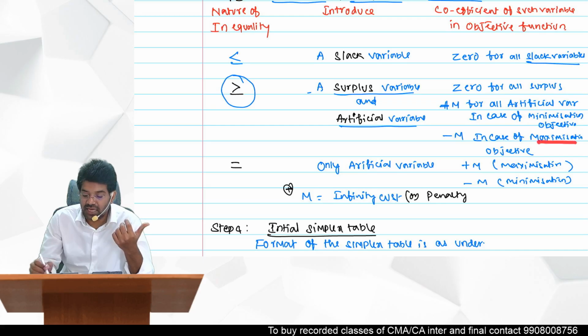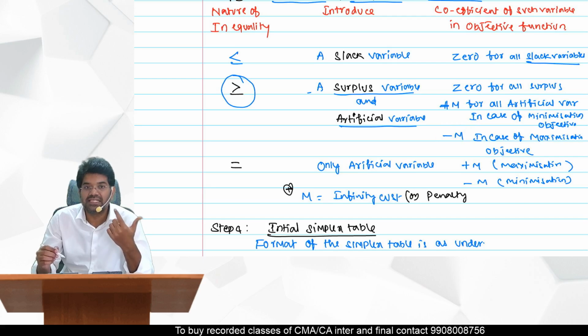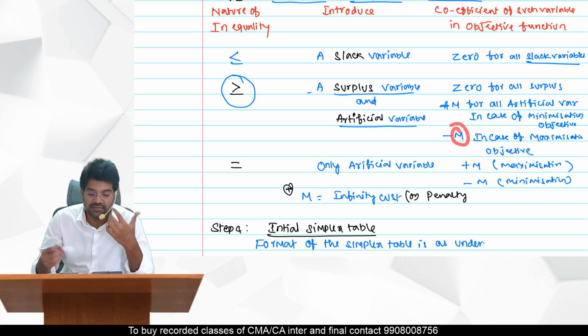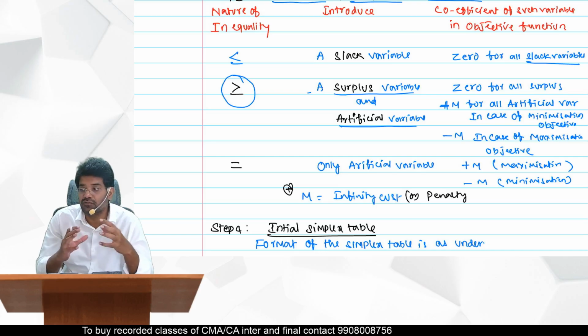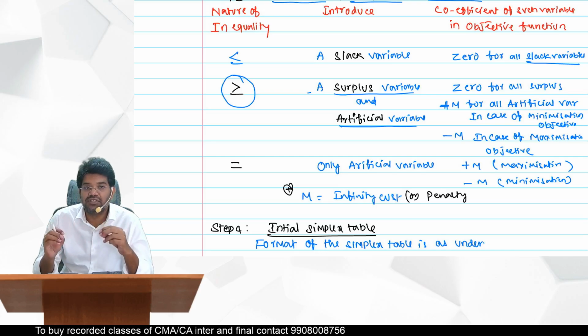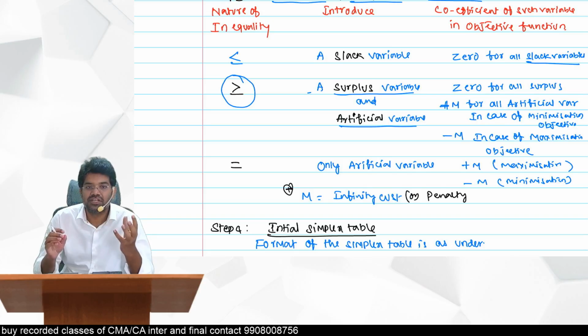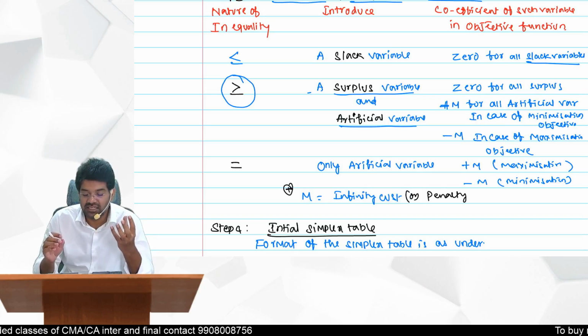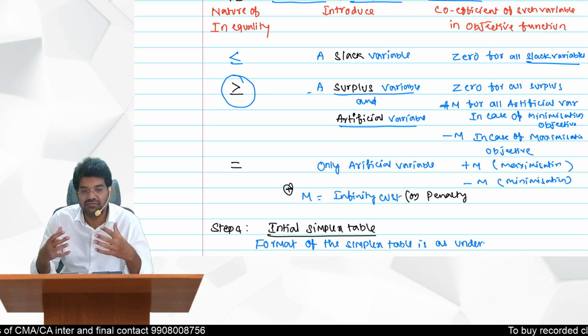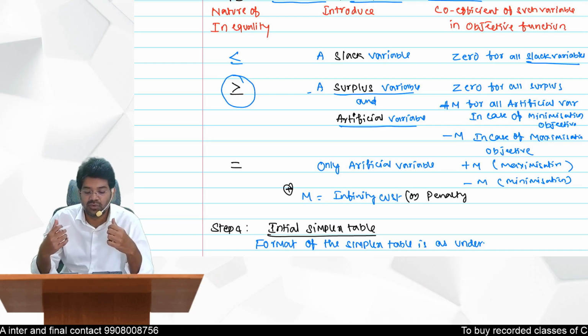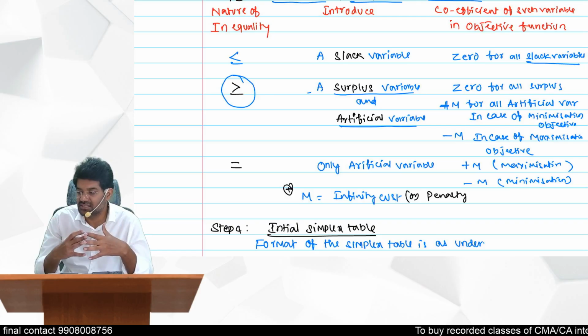Whereas in case of maximization objective, the coefficient will be minus M. So M is the coefficient of the artificial variable. M represents here a penalty, an infinity cost basically. So why we are taking infinity cost is,